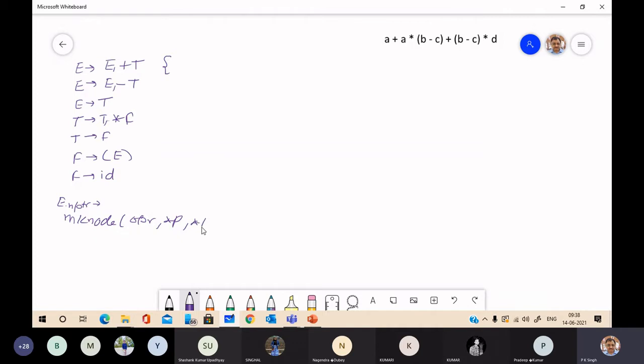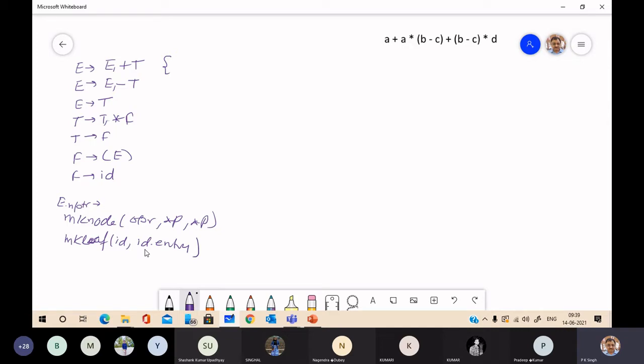And we use another function, make leaf, which has ID and its entry in the symbol table.